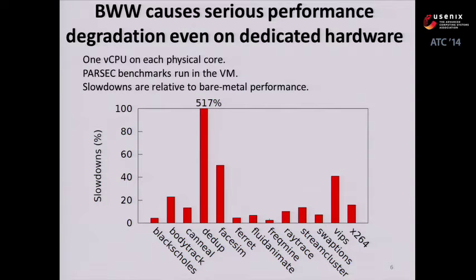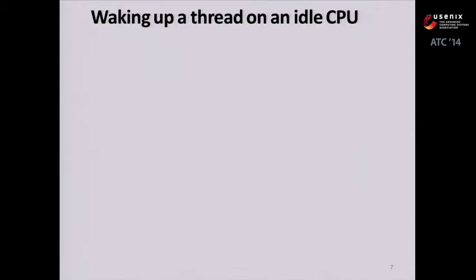To illustrate this point, we ran Spark benchmarks in a VM with dedicated hardware. In this figure, I show the performance slowdown of these benchmarks. As we can see, for some synchronization benchmarks, their performance can be significantly slowed down. The slowdown is so large that it's surprising, so to better understand this problem, we study